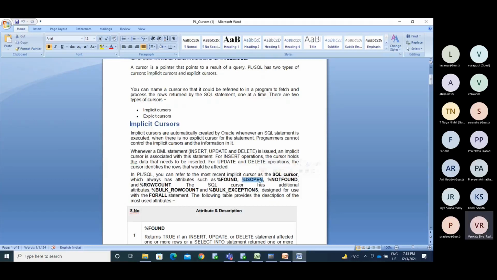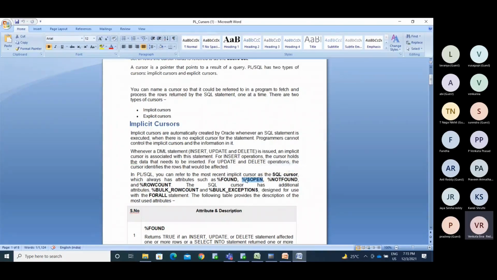For an implicit cursor, is open is always false, because once the process starts, it runs until the results end and then comes out.